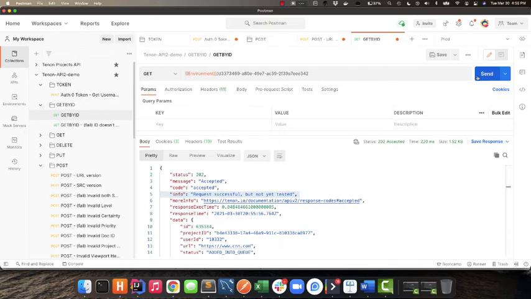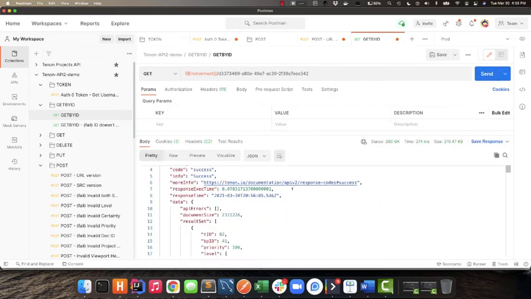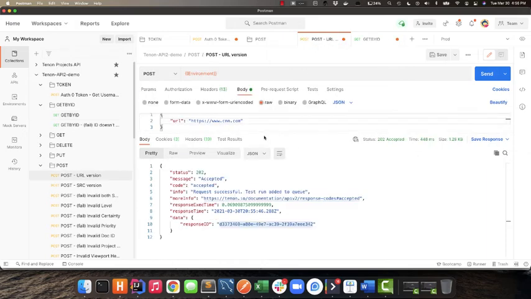And it says the request was successful, but it's not yet tested. Now, there's a couple of things I can do. I can long poll this. Now, luckily, it didn't take long to get these results. I talked here for a couple seconds, and then I got my results, which is good. But imagine now a scenario where maybe you're sending dozens and dozens of URLs. It may take a while. It may take a while for you to get your results back. So you can long poll, or you can use another thing, which is going to be a